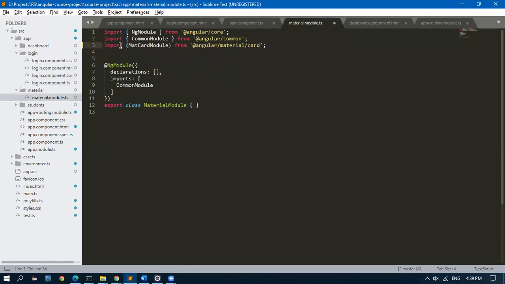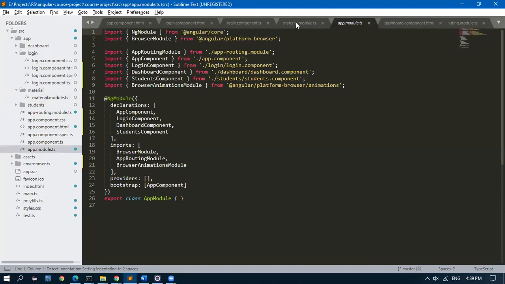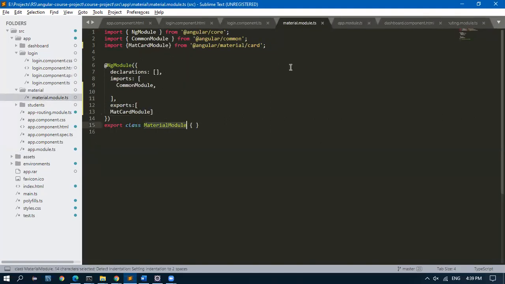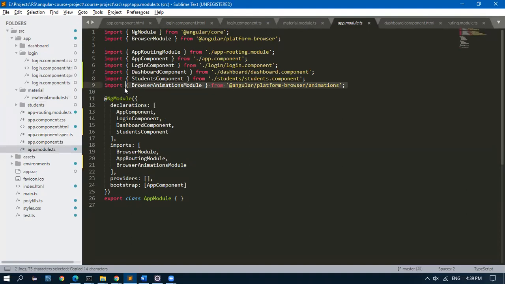I import it here, and then I import this here in the exports section. Now this material module I have to import in the app module.